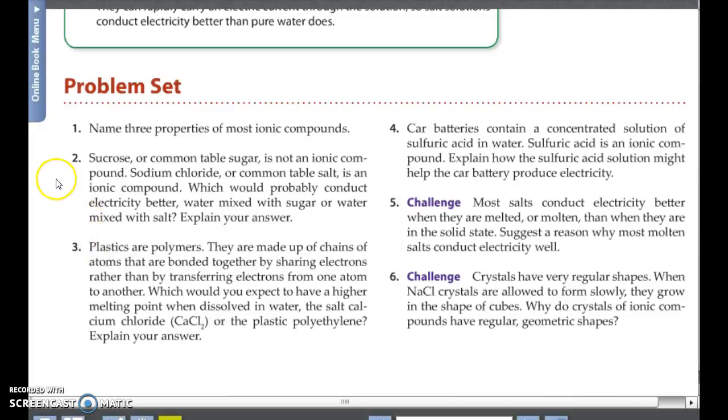Okay, the answer to number 2 is the salt, because you have the positive and negative of the salt, while the sugar is neutral. The answer to number 3 is the calcium chloride, because the positive and negative electrostatic attraction is a very strong, tight bond, and so it will be held together real